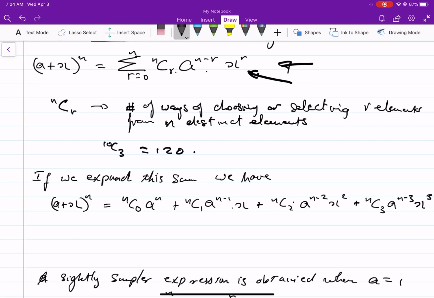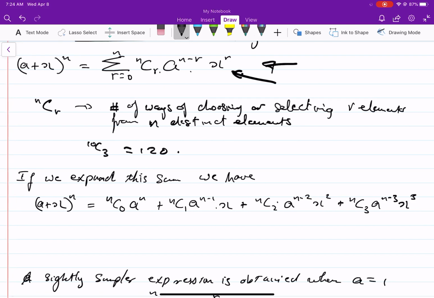Plus ellipses, and I can write the general term. The general term is this term that's right inside the summation there. The general term is nCr times a to the n minus r times x to the r,